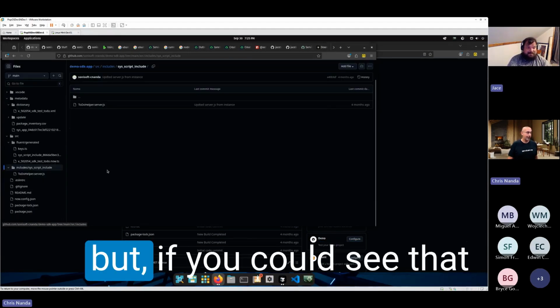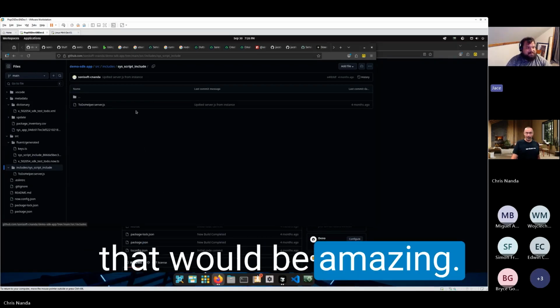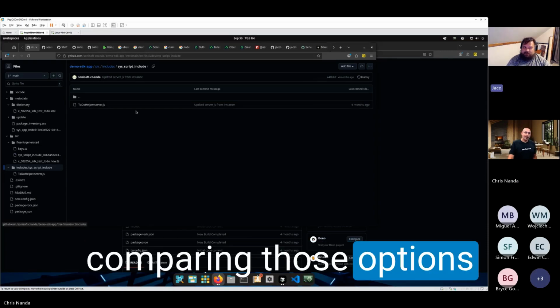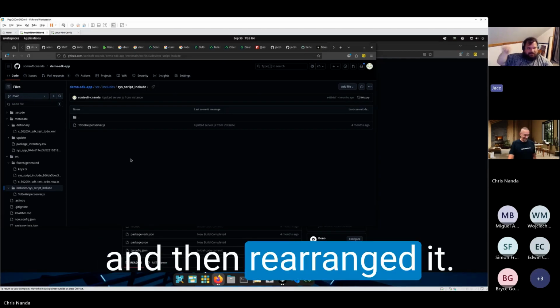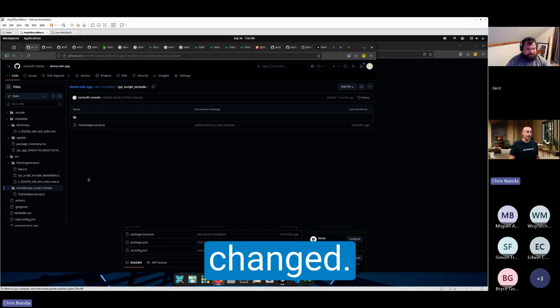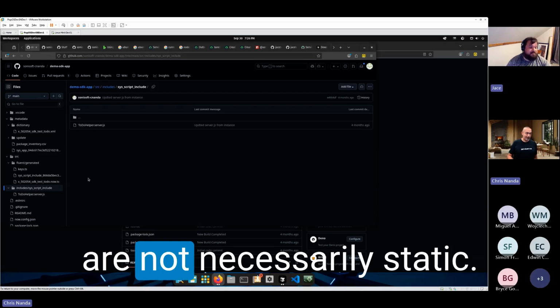I haven't done it, but if you could see that natively in the platform, like to compare these things, that would be amazing. No, I completely agree. Just comparing those options when somebody added one, but it put it in the middle and then rearranged it. You can't do a diff on that easily to see what's changed. Or even worse, like the sys IDs of a sys dictionary record are not necessarily